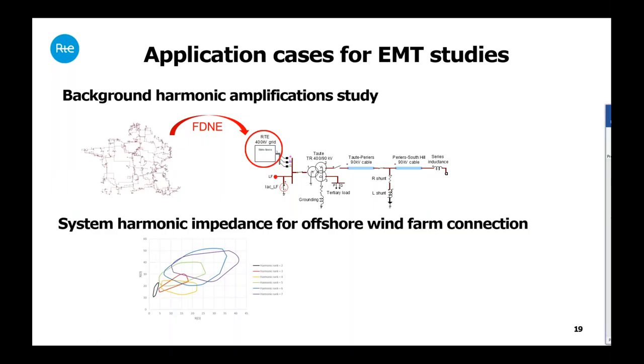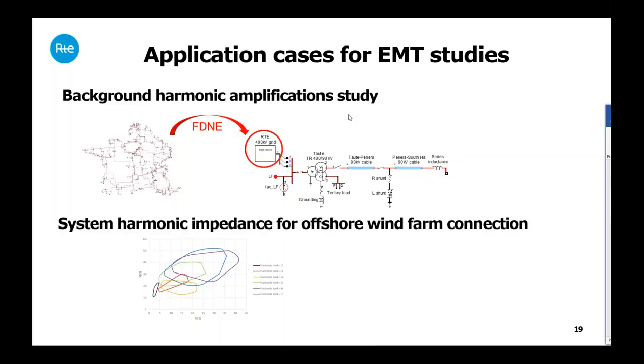So at RTE, I can show you some examples of application cases that need a large-scale network. The first example shows a time domain simulation application case. It was used to analyze the background harmonic amplification phenomena during the energization of a cable. In this case, the RTE 400 kV grid with specific topology had a decisive influence on harmonic resonance,